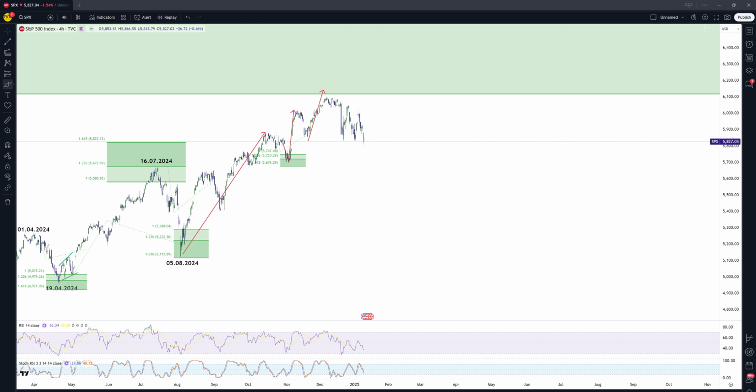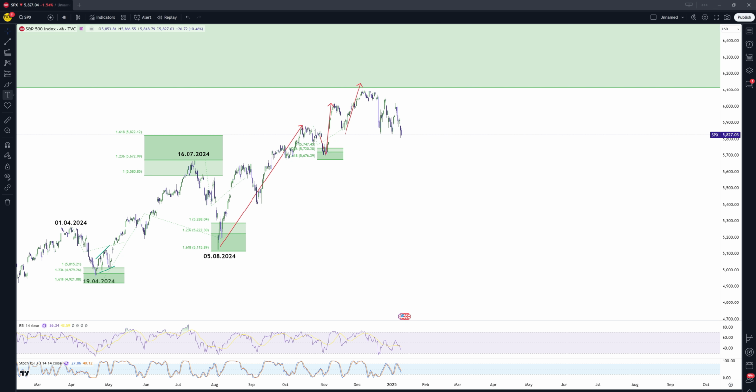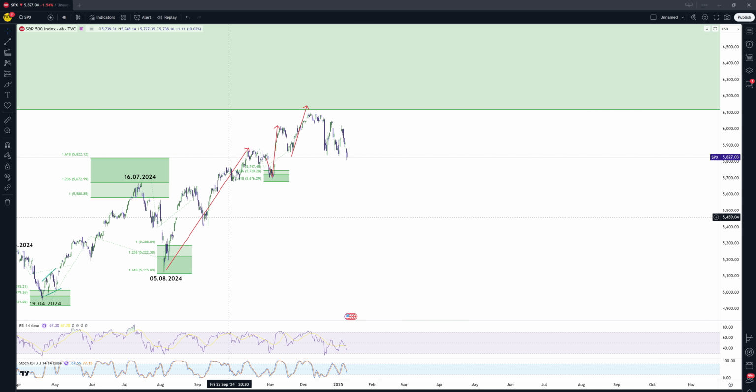So for the S&P right here, we might see a little bit more downside. A reaction can happen soon. However, we cannot deny the possibilities of an extended choppy correction before a reaction to the upside later on. So the market at the moment is a no trade scenario for the S&P 500 for the time being. So as you can see, the right buying areas were a long time ago, from April and from August. Otherwise, at the moment, this is not a time to trade the S&P.